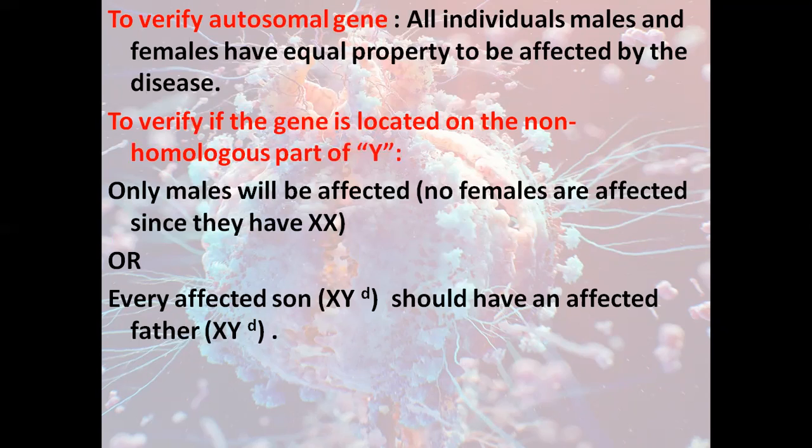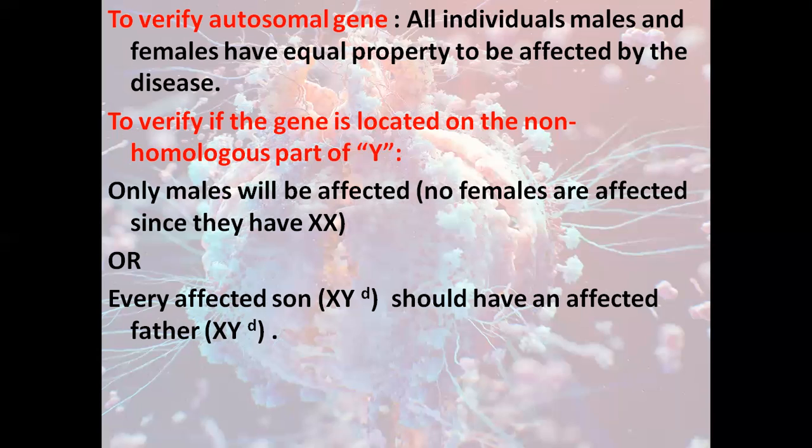If they say in the question, for example, that you have equal probability of males and females being affected, this can be autosomal, but mostly we don't do this. I don't give you this. Mostly, either I tell you, for example, the gene for the disease is located on chromosome number 7. Chromosome number 7 is an autosome, so it's autosomal. This way, you can know it's autosomal. Mostly, either I give you hints in the text to determine whether it's sex-linked or autosomal, or